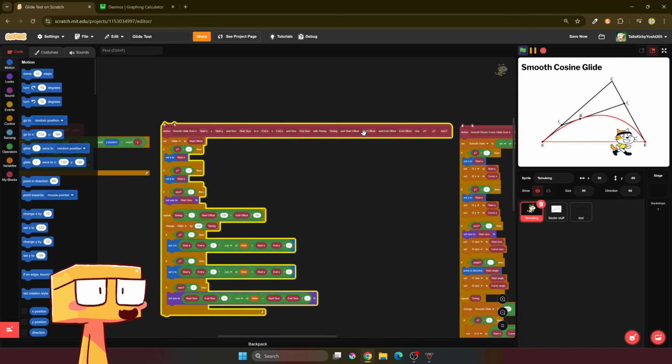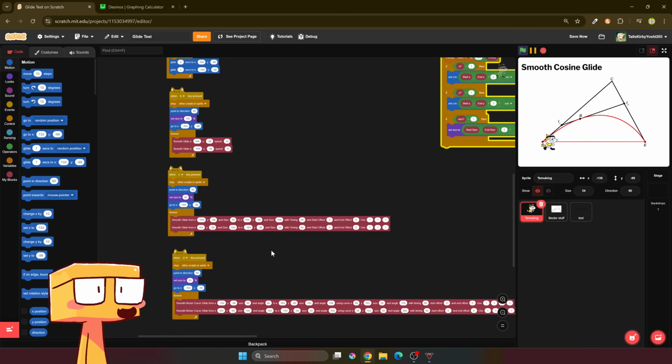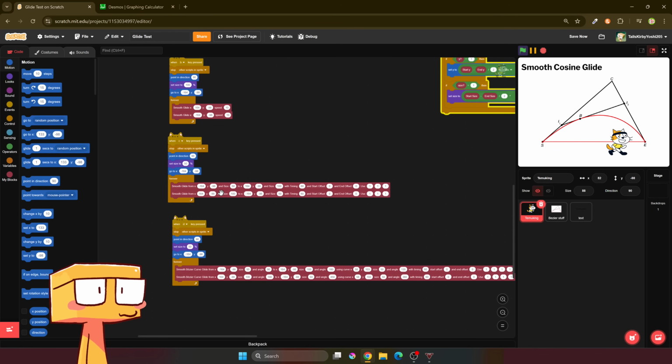Plus, I have offsets, which would cut off either the start or the end of this graph. That means I can choose to start fast like the original Smooth Glide, or I can choose to end fast, which isn't possible with either of the old blocks. Though the way I programmed it, I had to do some math to get in the position I want. Here it is. So, for example, if I set the start offset to 90, which is halfway, let's see it change. Yep, it started in the middle to where it should, which is here. So, if I set it to 492, which...